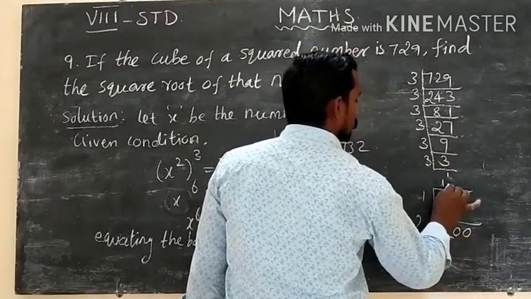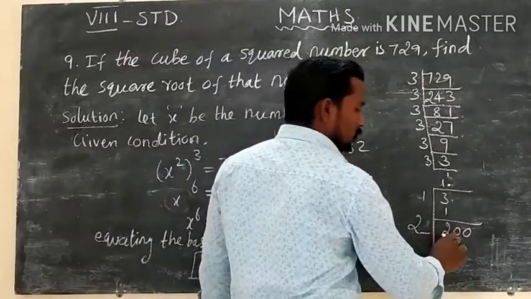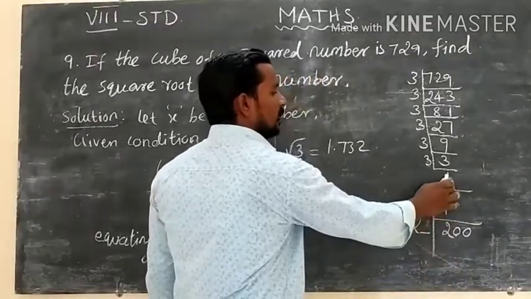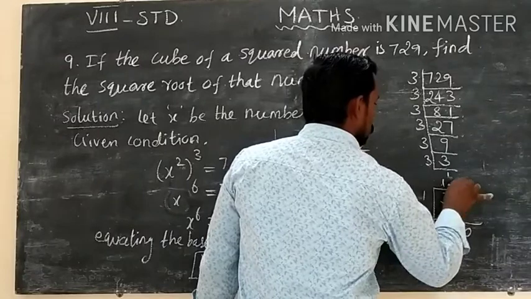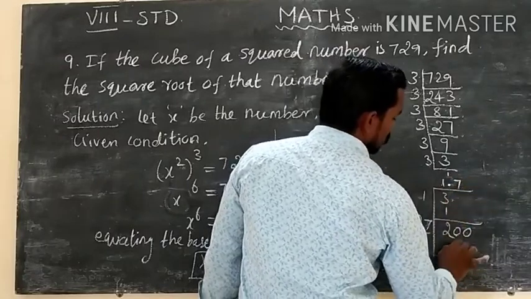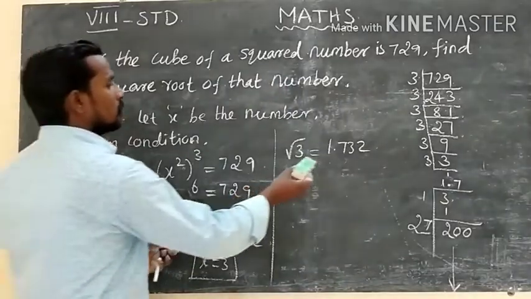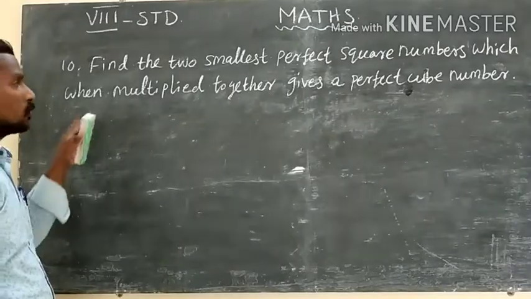So we make it 2 zeros, giving 1 decimal place. In ordinary division, using one 0 means making one decimal place. In the long division method, using 2 zeros means making 1 decimal place. This is 7 times. All this is your homework. So the answer is the square root of 3 equals 1.732. Have you understood? Okay, let's do the next question.